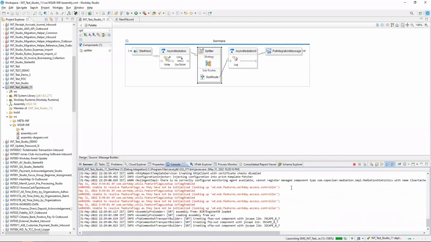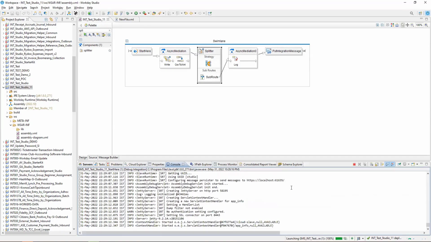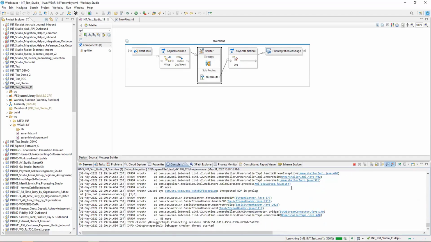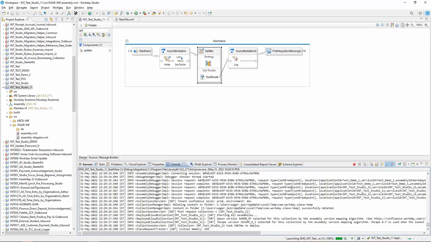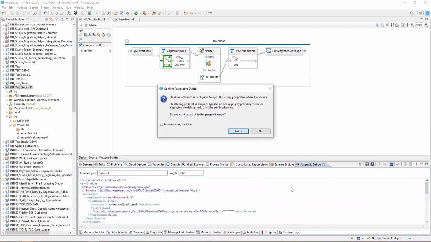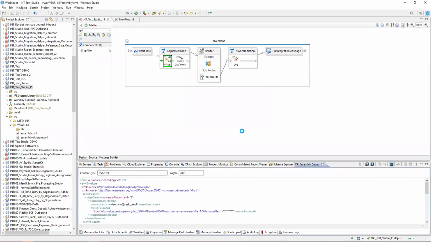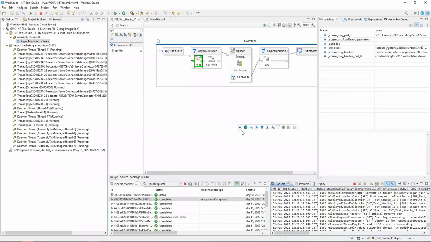Okay, so this is another method of, rather than putting a log everywhere and seeing the log file, you can see how the flow is going, what is the output of that step and all that. Now, when you click on debug, this kind of launch is configured to open this, so I will say switch. Now it will open up in a different format, right? So see, everything got changed.